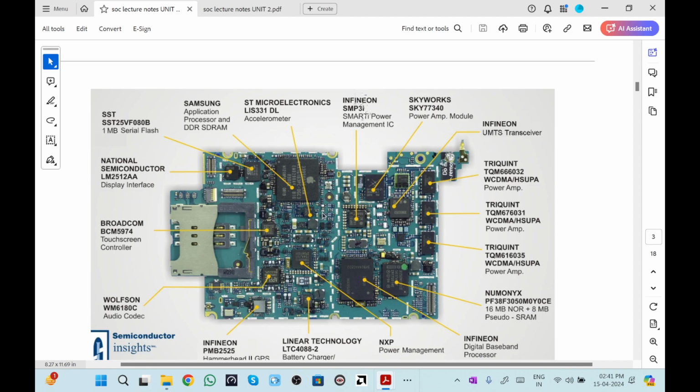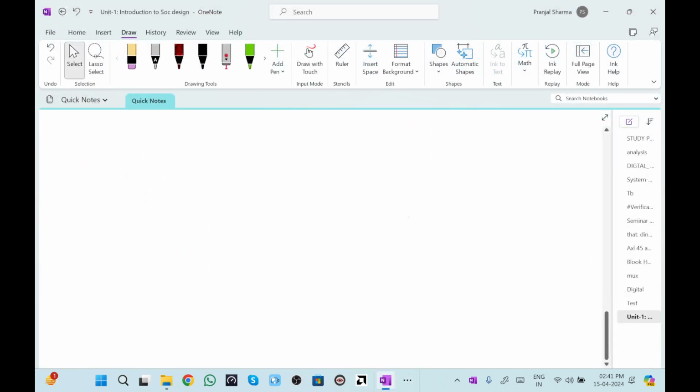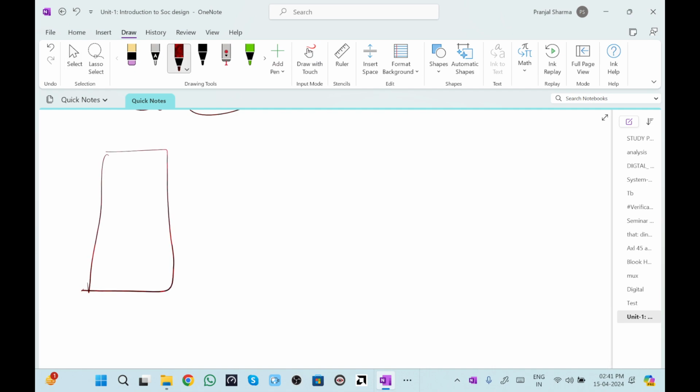Now we have the smart power management IC. Smart power management IC means, I'll just explain through a simple diagram. Suppose we have this phone over here. At the back, we have some different cameras, and suppose this is a GPS block over here, this is the accelerometer block, this is a flashlight. There are multiple blocks in a mobile phone.